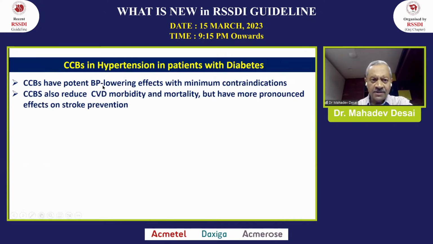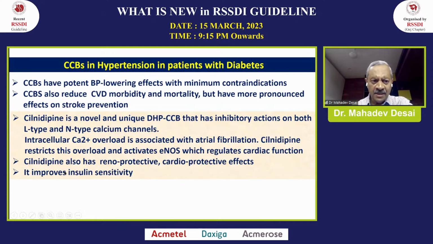Amongst the calcium channel blockers, we know that all calcium channel blockers have very powerful blood pressure lowering effects and minimum contraindications. And they also reduce CVD morbidity and mortality, and they have more pronounced effects on stroke prevention. Amongst calcium channel blockers, RSSDI has come out strongly with cilnidipine because of its novel and unique dihydropyridine calcium channel blocker inhibitory actions, mainly on the N type of calcium channels. All DHP type calcium channel blockers have L type channel action, but N type calcium channel effects are seen mainly